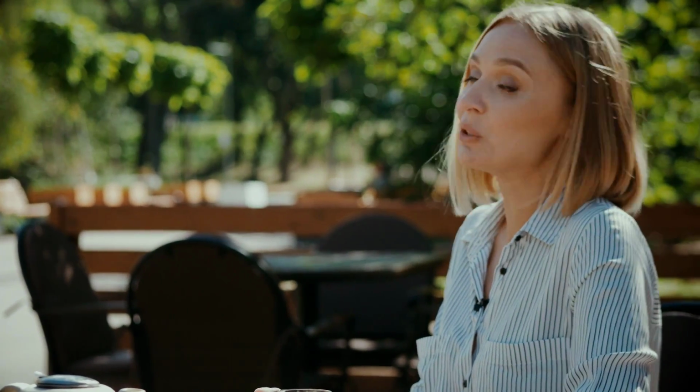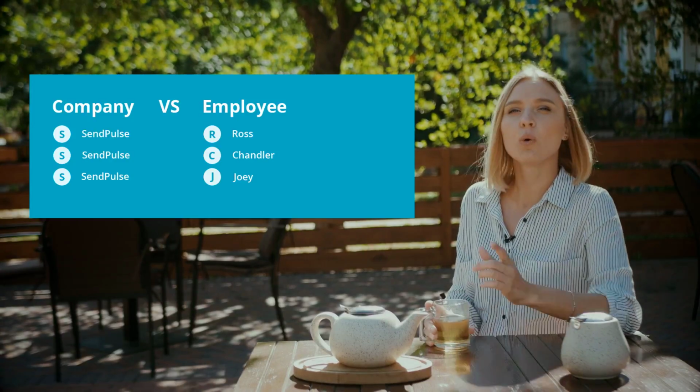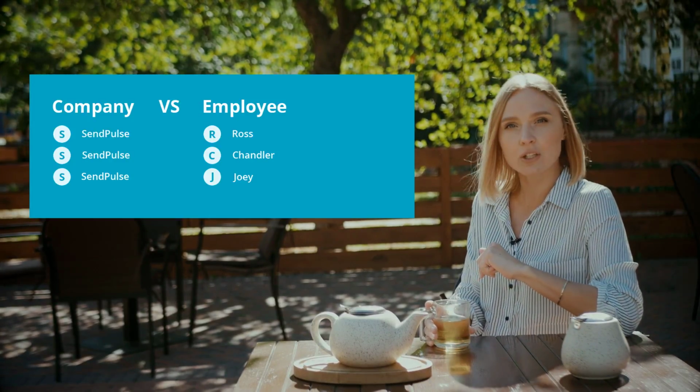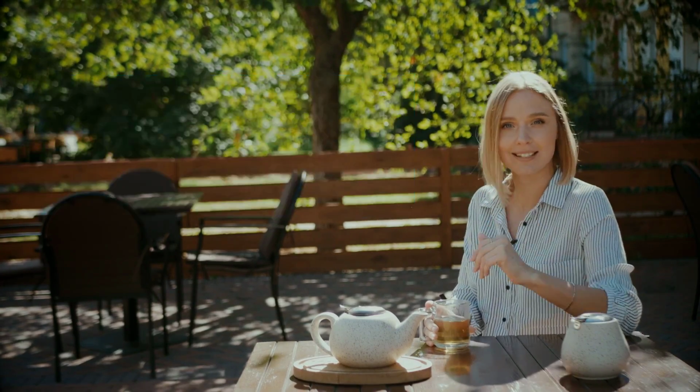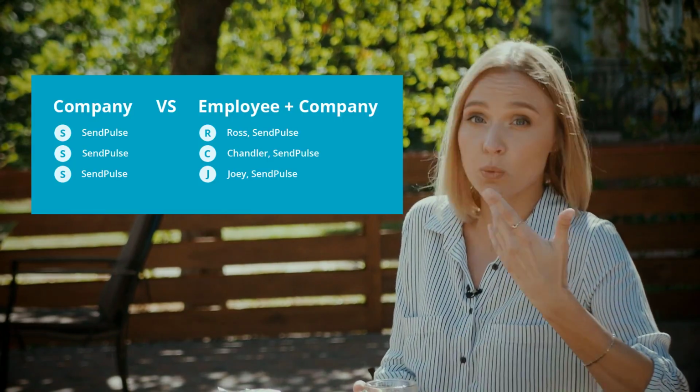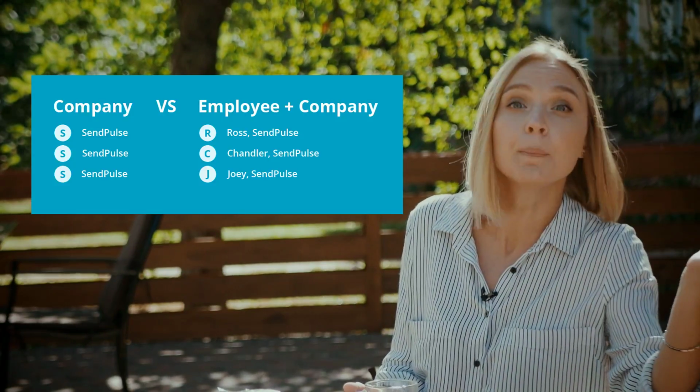By the way, the sender's name can be the key to open rates too. Have you got a new hypothesis? Putting the name of the company in the sender's name line will bring higher opens compared to putting the name of an employee only. So, test and check it. Let's imagine the version with the name of the company has won the battle, but you can't let go of the idea of using the name of a staff member in your sender's name line. Here's a way out. Test the name of your company against the name of an employee plus the name of the company.